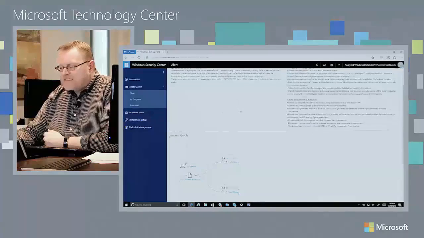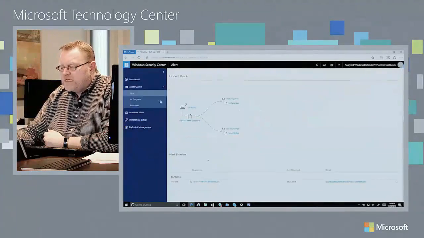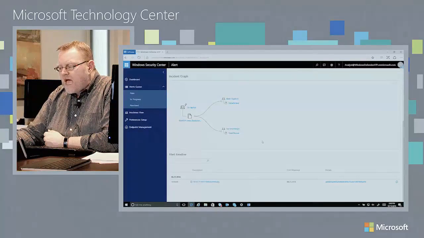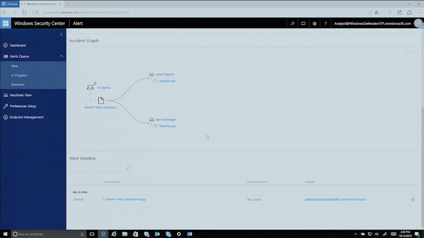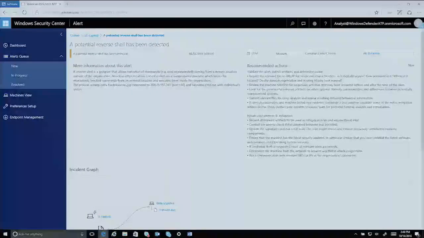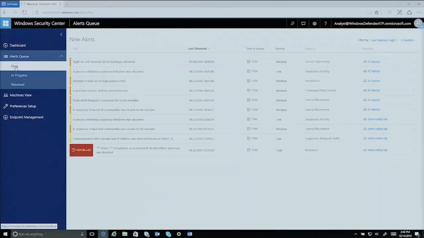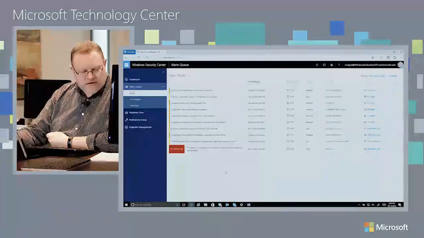I can now start to come down into here and I'm going to drill into this incident graph that you can see here. So what's happening here is I'm having a look to see where the possible direction and the possible capabilities are coming from that particular request. So I can now start to do further back tracing and view what's going on inside of my organization. Alerts are about seeing what's happening inside of my organization.